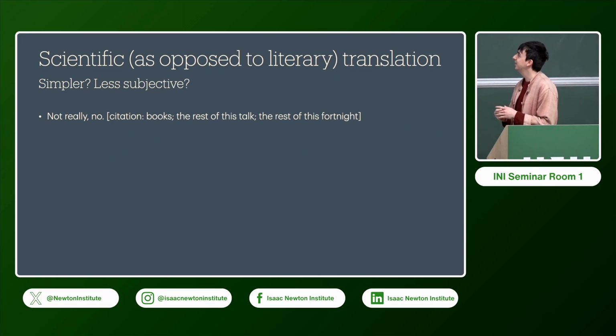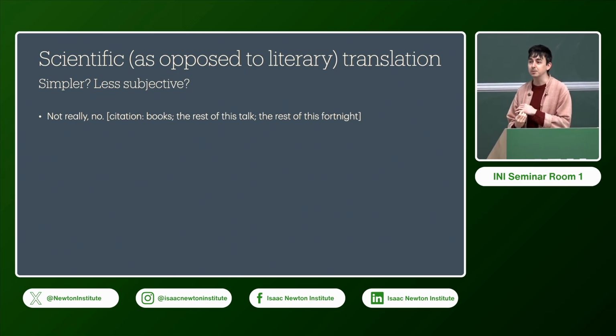I'm not going to pretend I've had strong community pushback against doing translations, but there is this idea that scientific or technological or technical or specific translation is much simpler than translating poetry, for example. It's definitely less subjective, it's much simpler, you just need the technical language and you're done. I would claim, and I don't think I'm going to get much pushback from this audience, that that's not true. I would say that these things are equally difficult, they just highlight different aspects of the difficulty of translation.